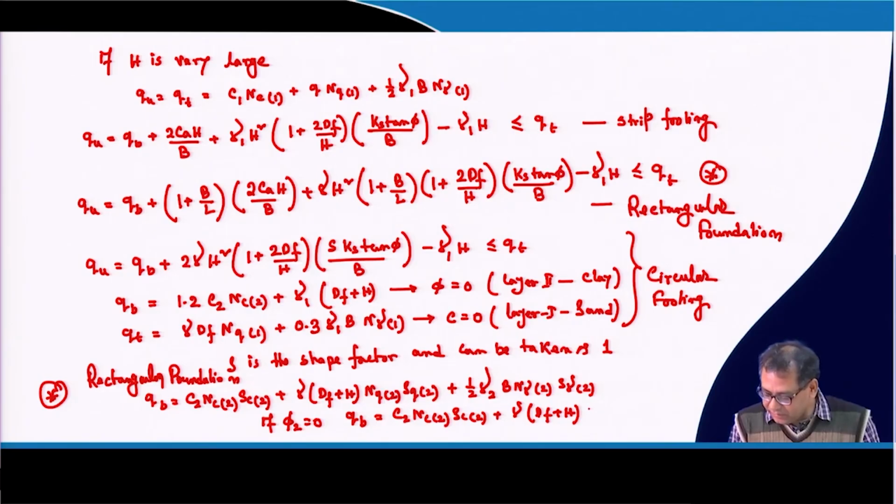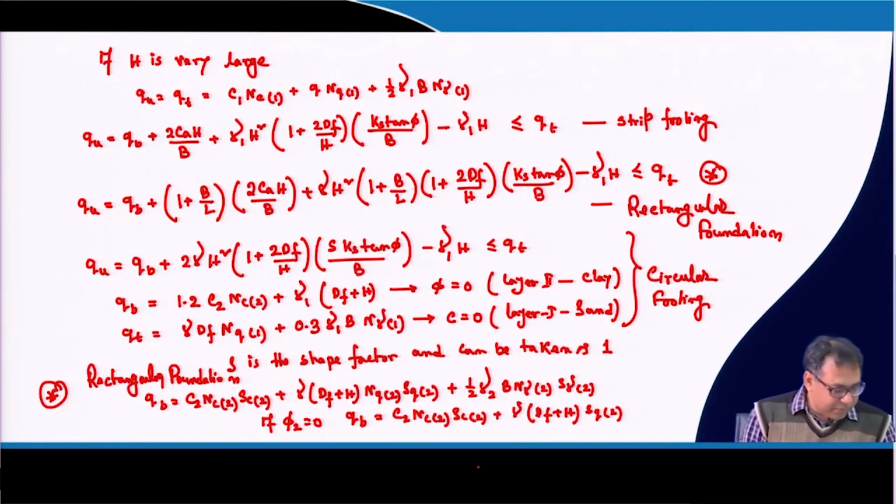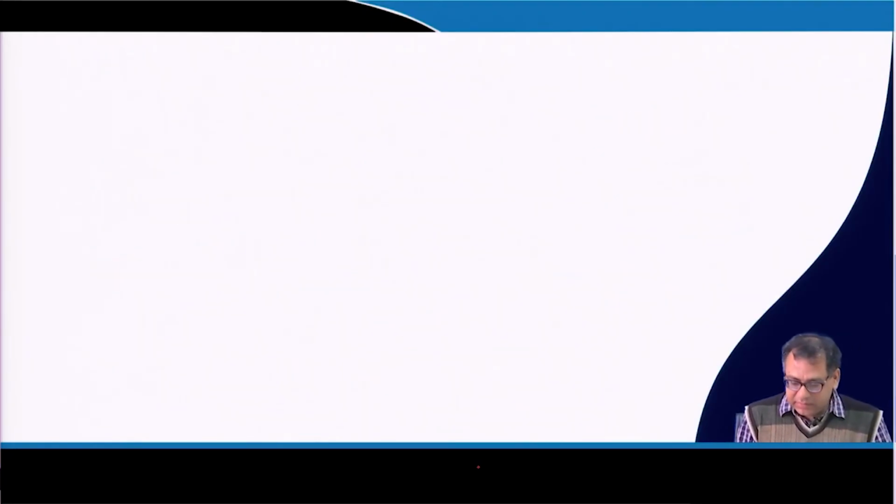So, this will be your SQ2. Okay. Because your NQ is equal to 1 in such case, SQ2 also you have to use, and then gamma (df plus H). Okay. So, now for the rectangular foundation again,